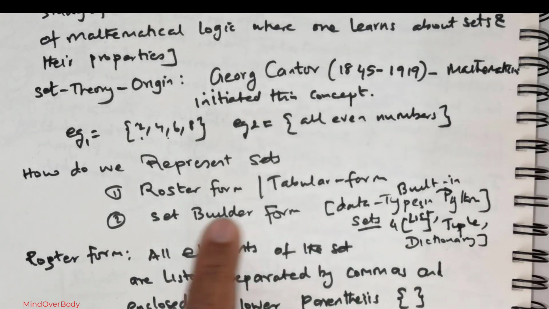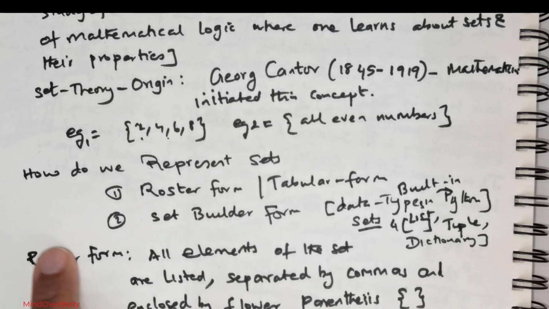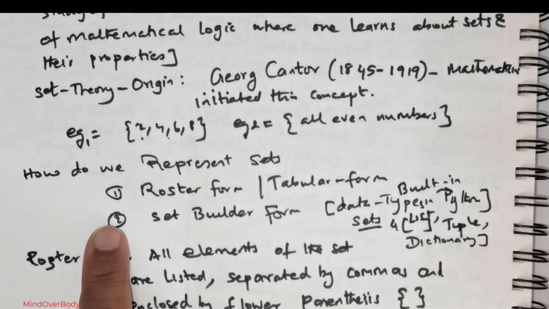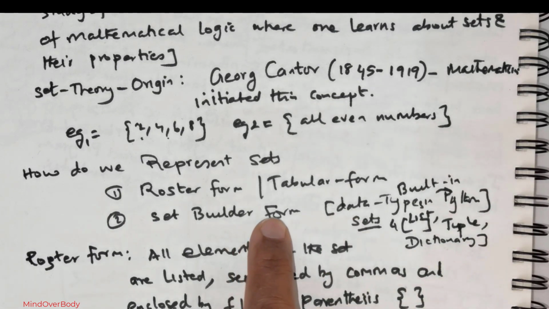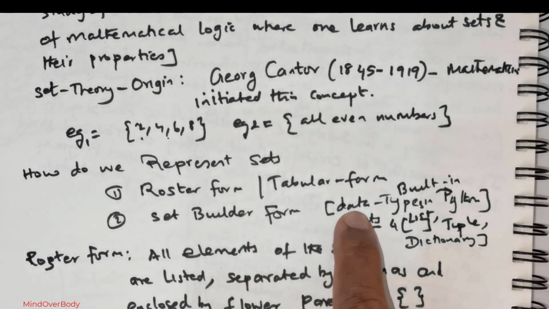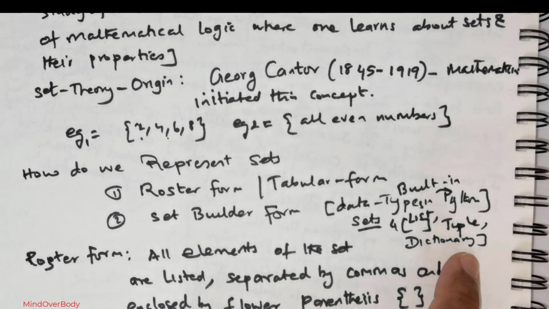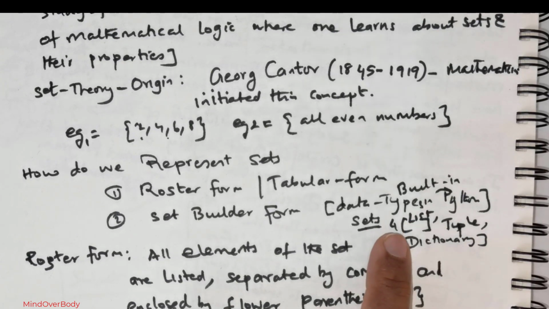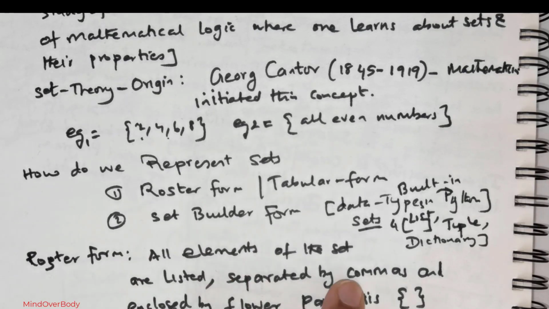And over here I said set builder form. Set is a very important concept that you will have to get a grip of. Why? Because it is so powerful that it is treated as a built-in data type in Python, right? The other three data types are list, tuple and dictionary. So I emphasized the need to get a mastery on sets. Now the roster form, all elements of the set are listed separated using commas, and then I went on